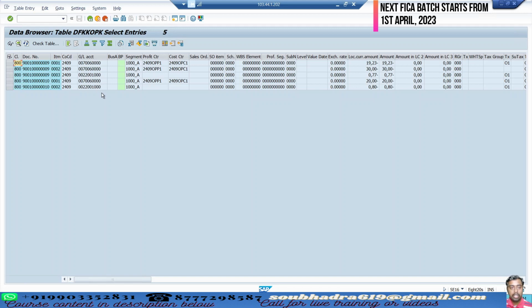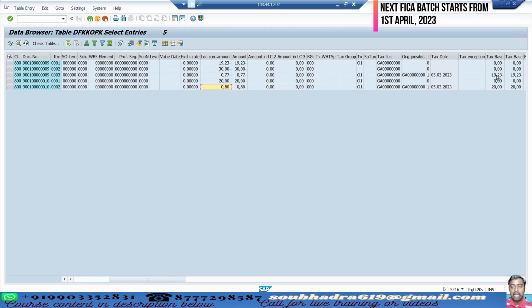So these are the two document numbers, and the tax details are shown here. So this is one tax line item and this is the other tax line item. Okay. So these tax details can be shown only in DFKKOPK. If you open DFKKOP, the tax items will not be shown, because DFKKOP talks about BP line items, not the GL line item, and this is a GL line item. So previously $0.77 was charged as tax, and now 0.80, and here you can see the tax base amount as well. If I go further right,